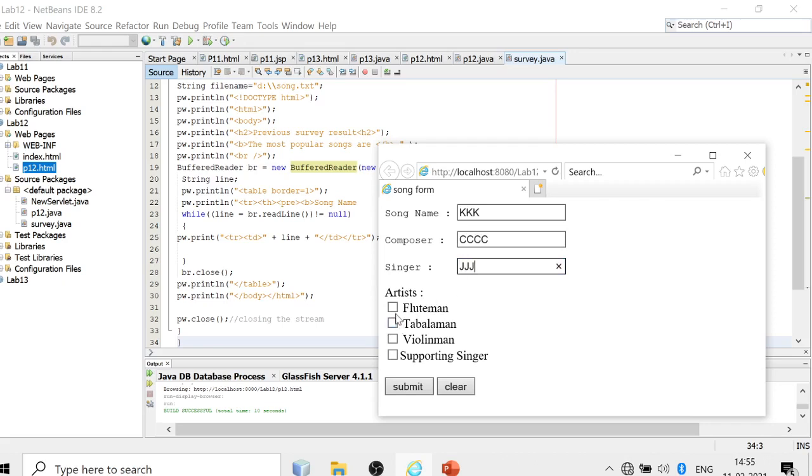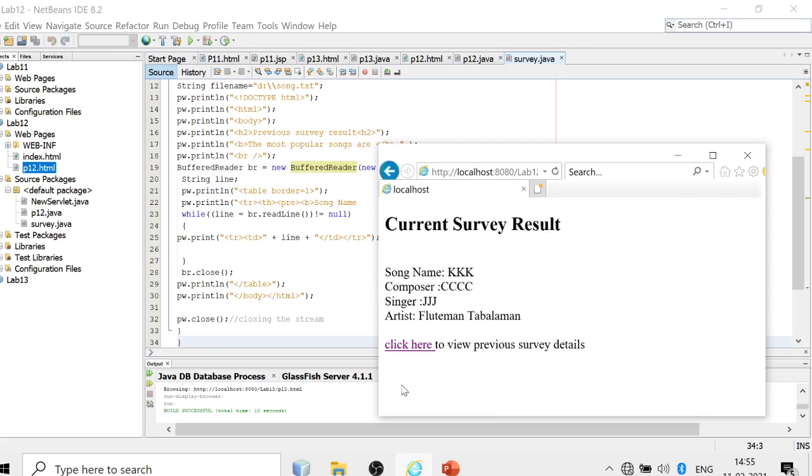Some details are given, then I have selected flute and tabla man. When I click on submit, it shows me the details entered by the user and who are the artists selected by the user. Next we have a link here for displaying the previous survey details.